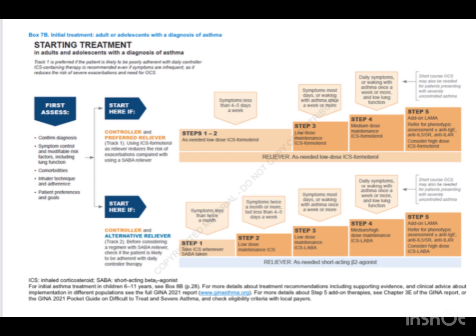When the patient is having daily symptoms or waking with asthma once a week or more, and low lung function, then step 4 will be considered, and it includes a medium or high dose inhaled corticosteroid along with the LABA. And severe uncontrolled asthma requires short courses of oral corticosteroids as well. And similarly,